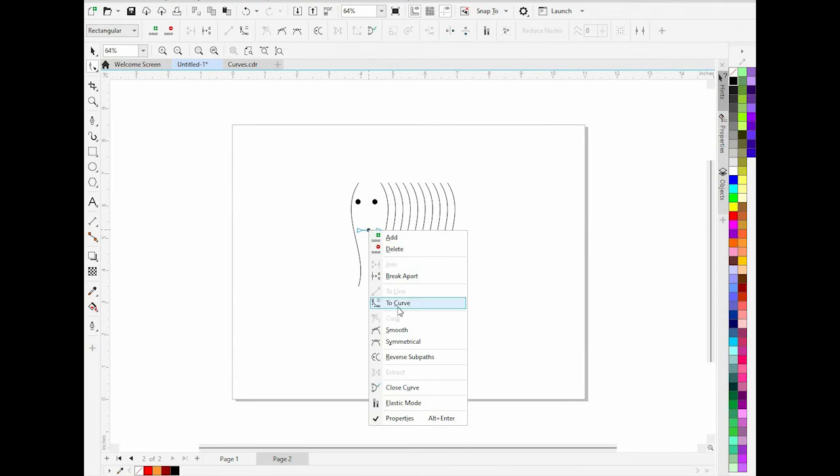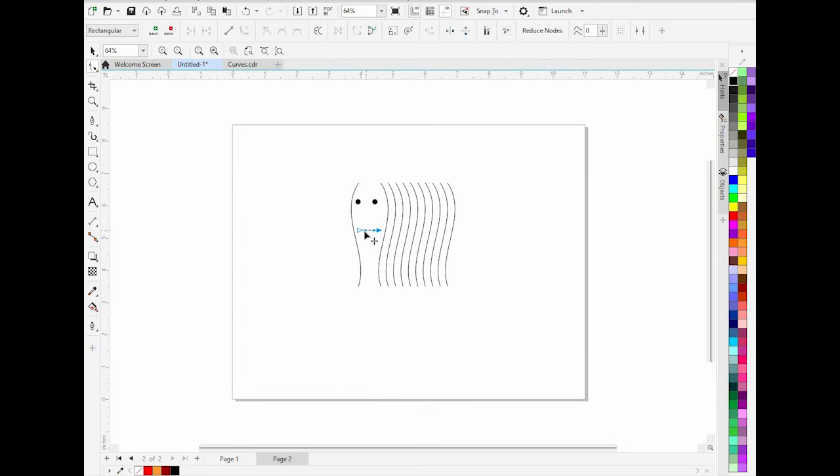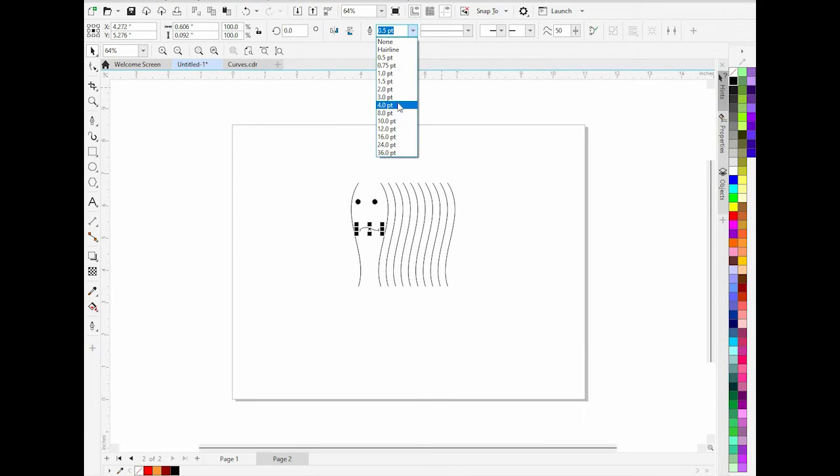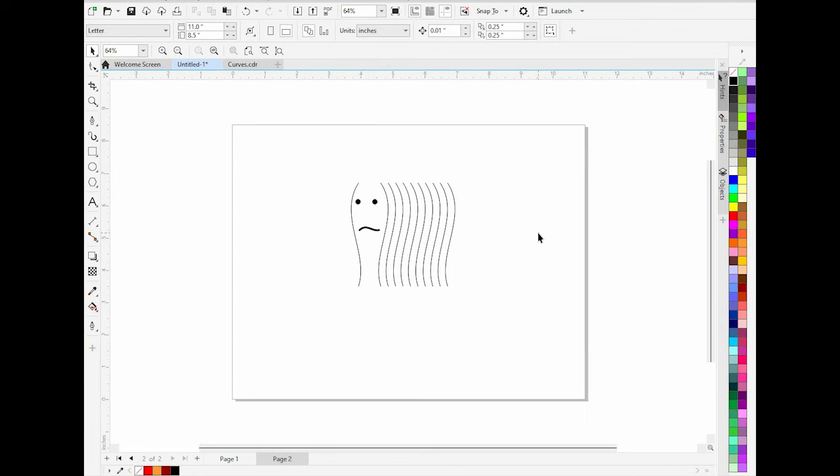convert this to curve, and then have something like this. And then this is a simple design. So what I'll do is I can increase the outline so that I have something very nice like this. Alright, so